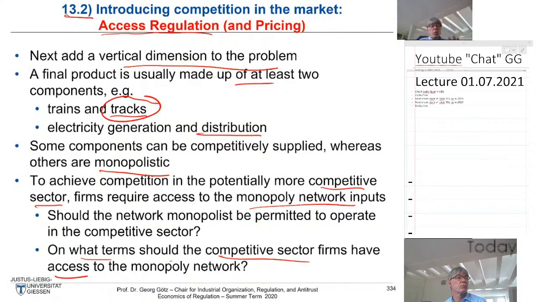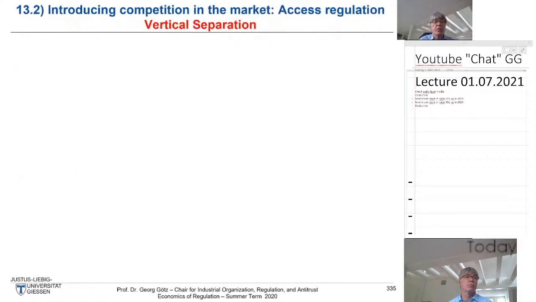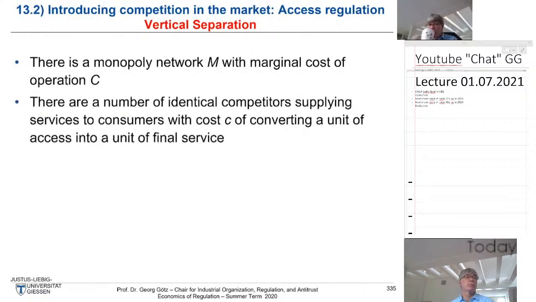Okay, so this is really, in a sense, the recent regulation of the last 20 years or so. You will see it's a few rather straightforward concepts we can introduce here. First of all, we look into the case of vertical separation. What does this mean? We have a monopoly network, call it a transmission system operator like TenneT. They are unbundled, so they don't have generation capacity and so on, or call it Network Rail, the